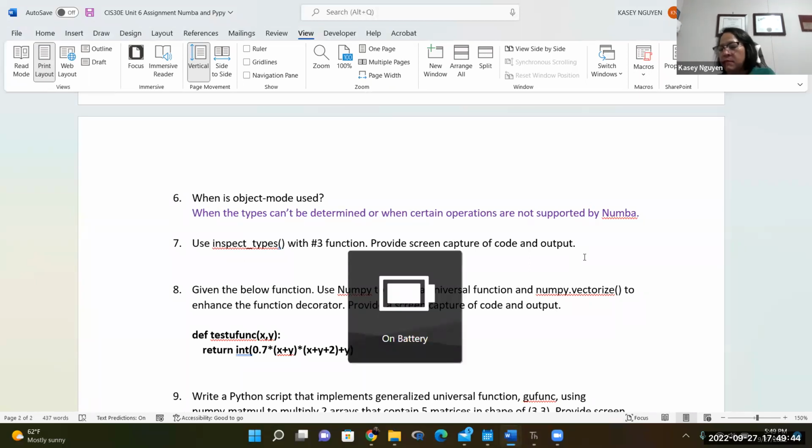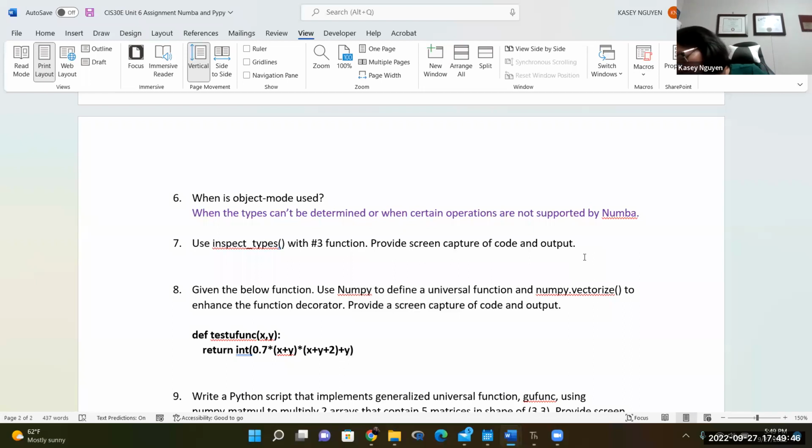Hold on, let me change my USB port real quick. Hopefully that won't